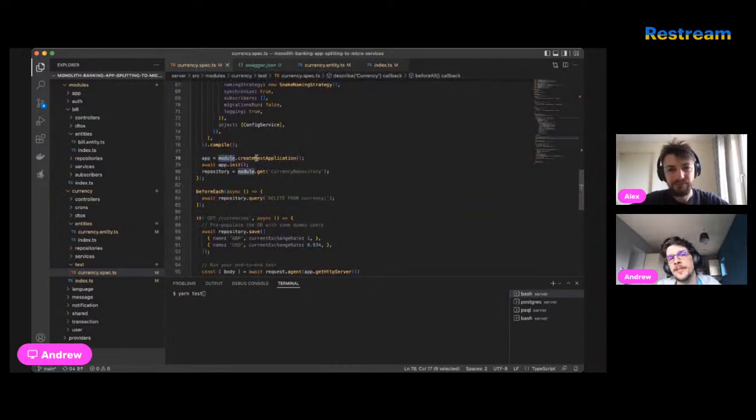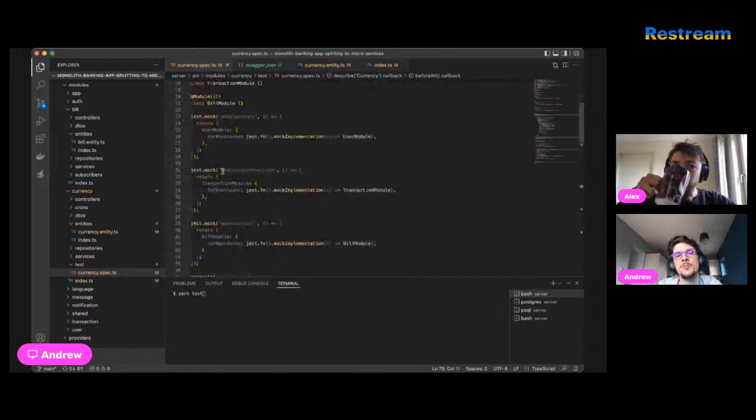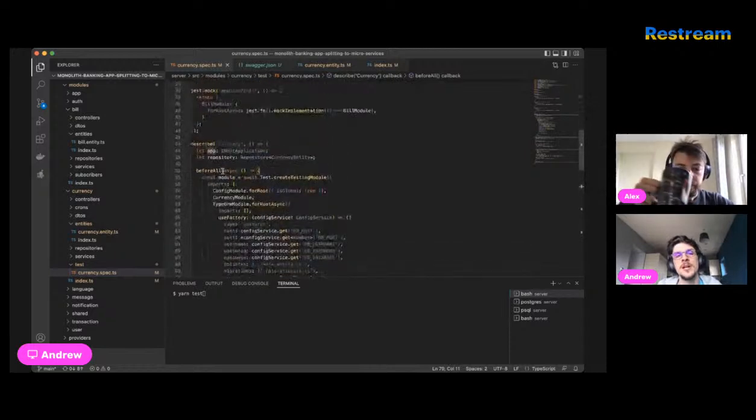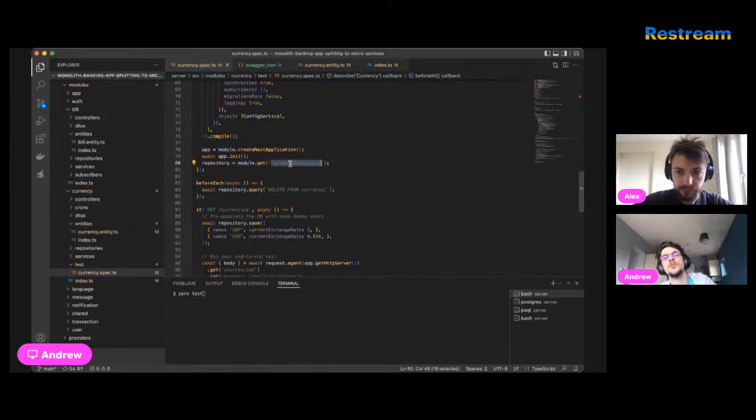Then there is an extra method, create Nest application from the module, and then we have an application that could be called with some specific routes. We also export from this module the currency repository, which is a way to operate with the currency table.